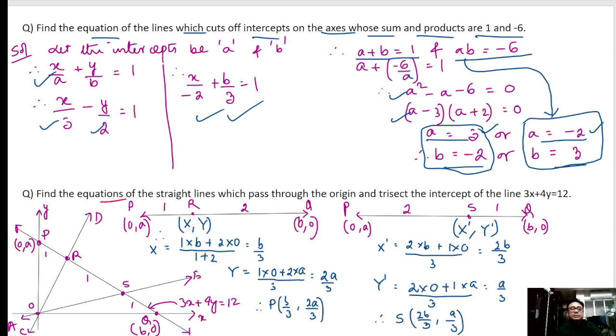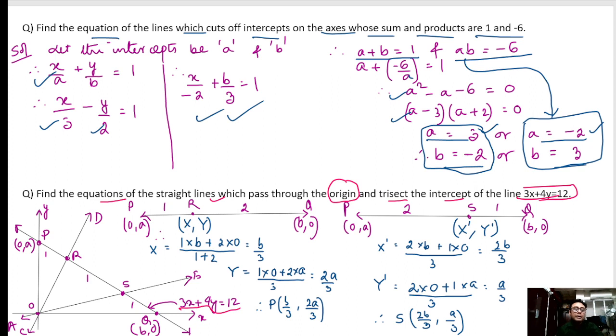Find the equations of the straight lines which pass through the origin and trisect the intercept of the line. Okay, so watch here. This is the line, as you can see,